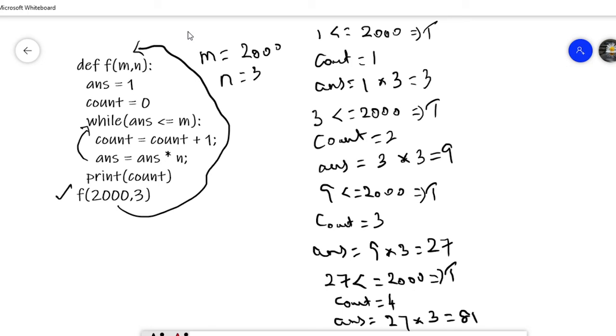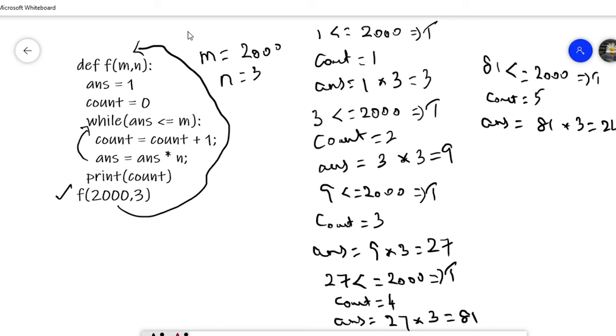So again we check the condition, 81 <= 2000, yes, the condition is true. So the value of count is incremented, now it is 5. Then s = 81 * 3, it is 243.